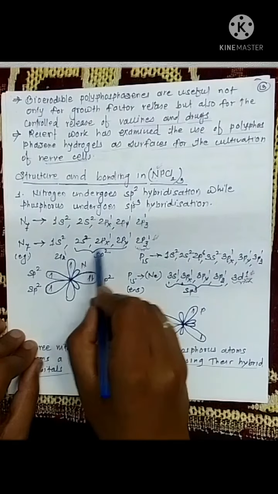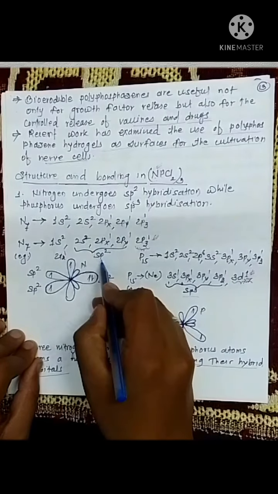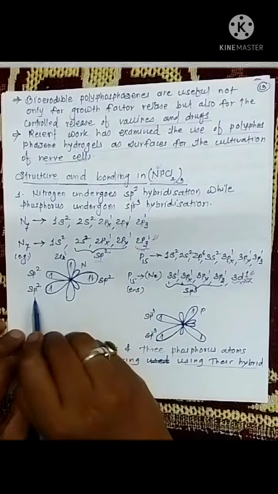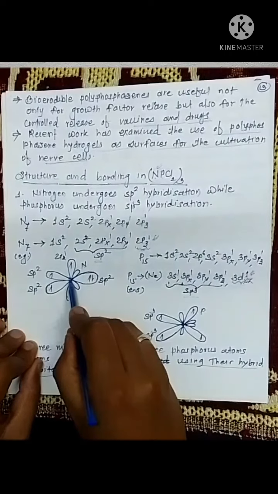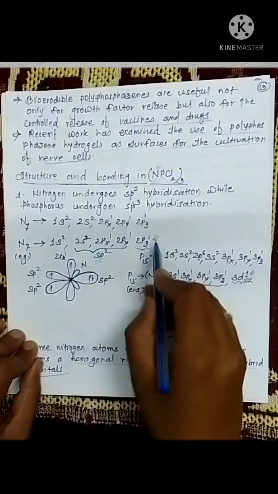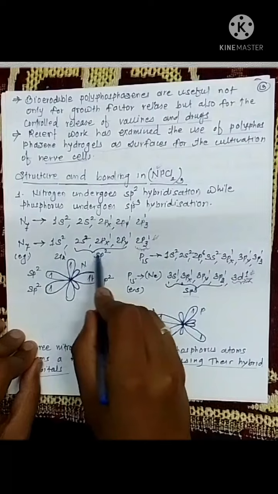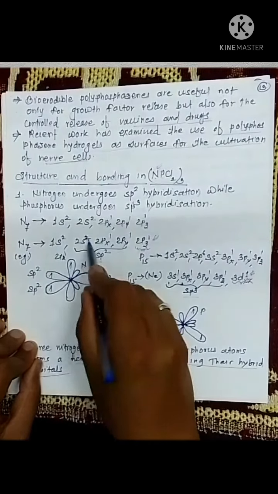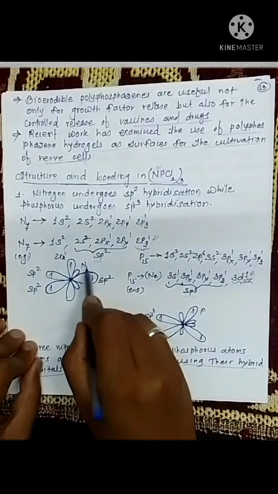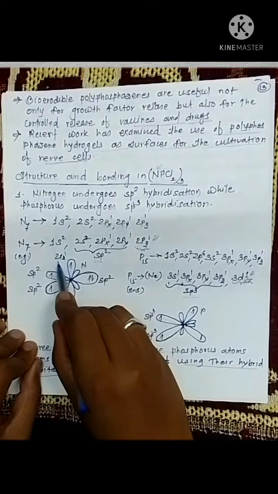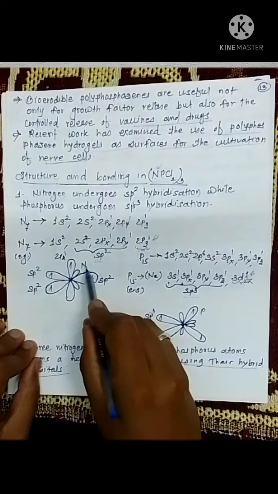So these three orbitals, that is 2s, 2px, 2py, undergo hybridization to form sp2 hybrid orbitals, while the 2pz orbital is perpendicular to the sp2 hybrid orbitals and also contains one electron. Just see here, in the hybrid orbitals of nitrogen, there is one lone pair of electrons present and two sp2 hybrid orbitals contain single electrons, while the 2pz orbital, which is unhybridized, is perpendicular to the sp2 hybrid orbitals of nitrogen.